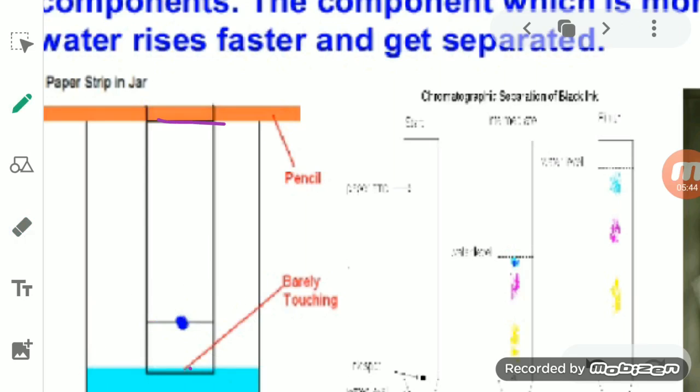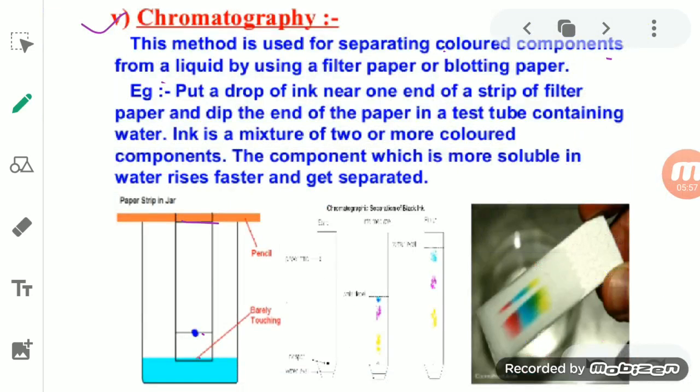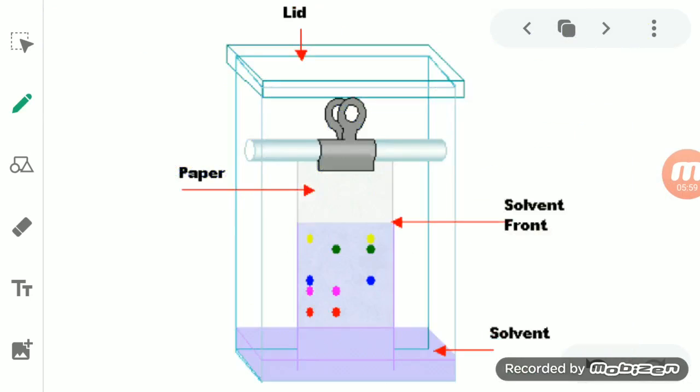You can see an ink drop is there, and we keep it so that the ink dries properly. When the drop of ink has dried, the filter strip is lowered into a tall glass jar